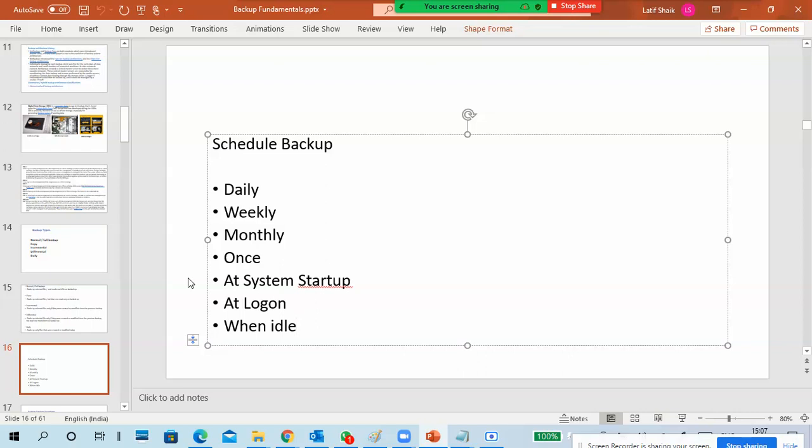That is you have to put an option. When idle. So what is this when idle? When idle means if now I'm using my system, right? So one is like I'm recording, one is a Zoom session is going on, PPTs, WhatsApp, Outlook, browsing. So like that it is going on.